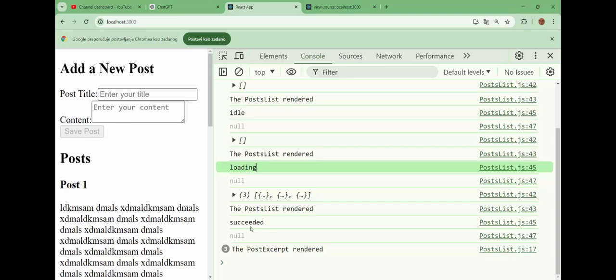We see status succeeded. It is when the action type is fulfilled: succeeded. And here it is interesting that we have, for the third time, post excerpt rendered, because